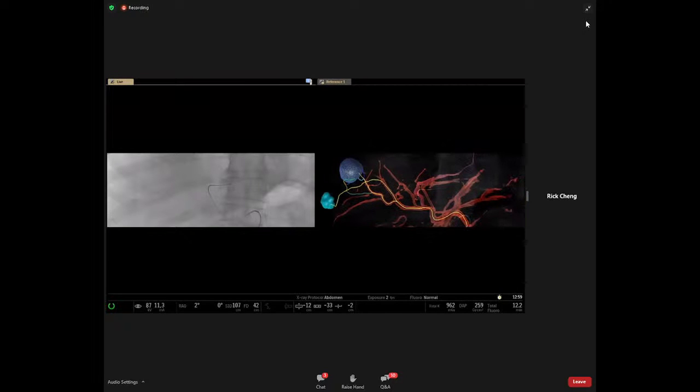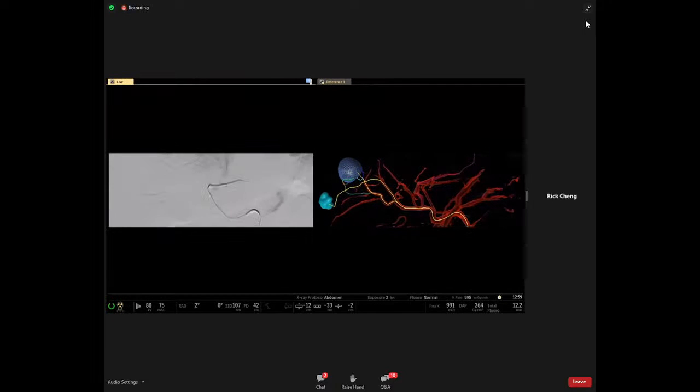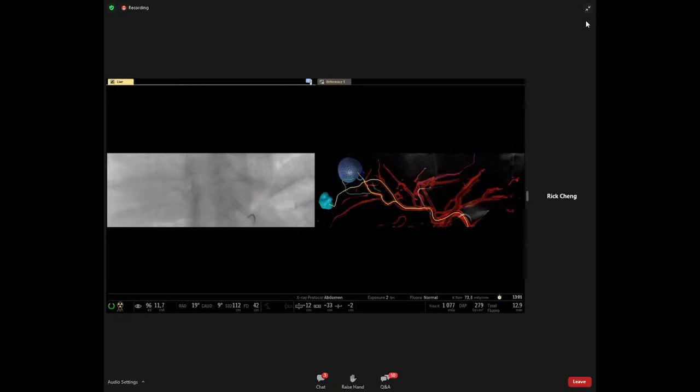An acquisition is made to check if the catheter is in the correct position for the next embolization. To prevent reflux, the catheter is further advanced into the feeding artery. This means that all administered embolization material will flow to the tumor tissue and not to the healthy tissue. After the procedure, the results of the embolization can be checked by performing a cone beam CT scan to see if all the feeding vessels are blocked.